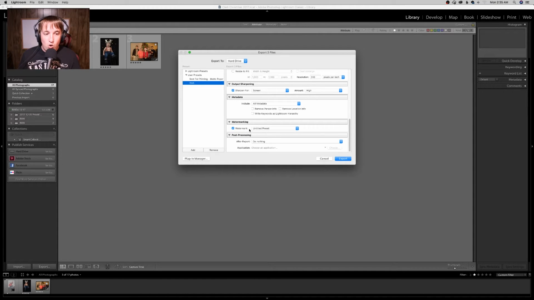I usually put a watermark on all the photographs going online, and I have a couple different presets of what I like to have on my photographs. You can define those in the Edit Watermarks tab right here. But for printing on matte paper or glossy paper, I can choose glossy or matte right here. And I always include the metadata because I want that there, but I don't put a watermark on it because